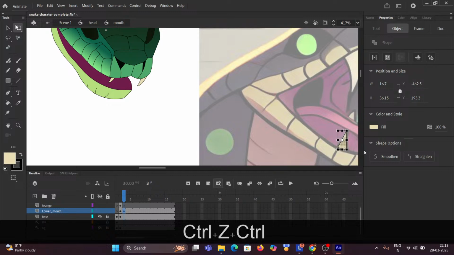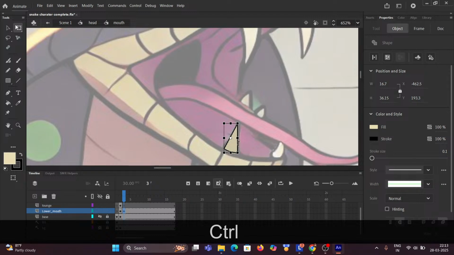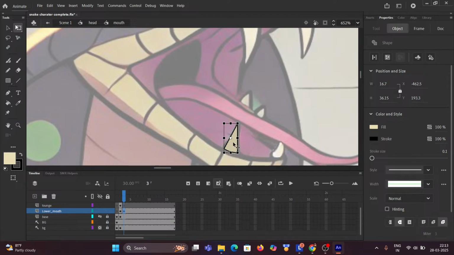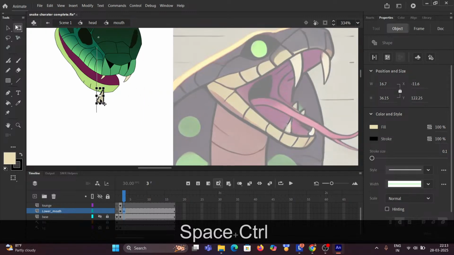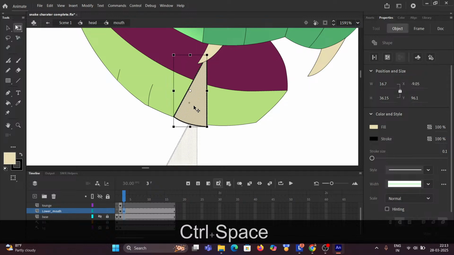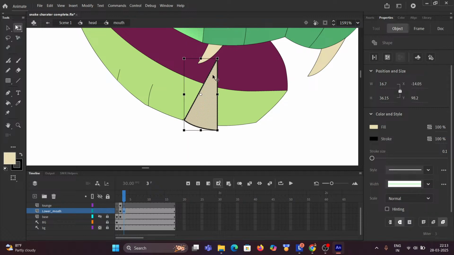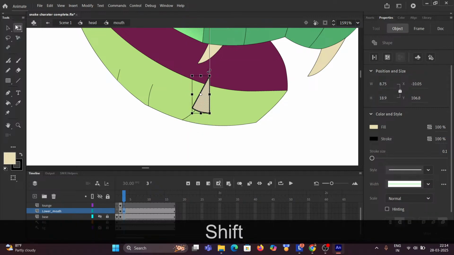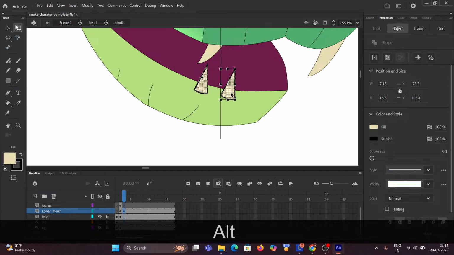Okay, I need to select all this fill and stroke. Now what? Need to move this here and need some adjustment. I need to adjust its size first, and let's see. I will duplicate this,